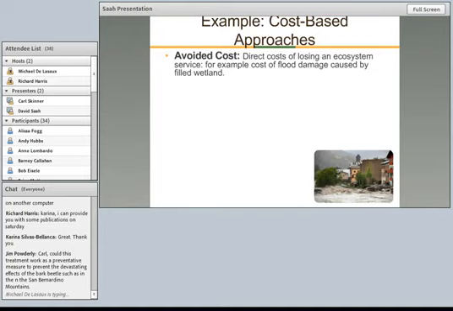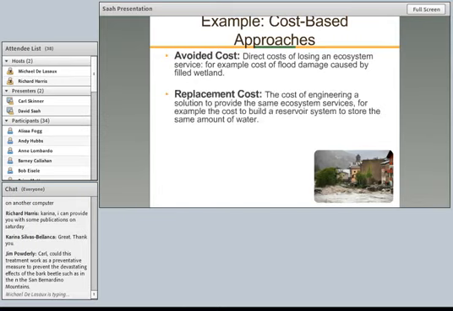What you could think of as an avoided cost is if you have a wetland, for example, and you get rid of that wetland and you have a flood because of that, there's a certain amount of damage that you get from it, and the amount of that damage is avoided by having that wetland in there. You could think about the same sort of thing with a wildfire treatment. So if you have a treatment in a location, an avoided cost would be the avoided cost of suppression, or maybe even the avoided cost of damage associated with a more severe fire versus a less severe fire.